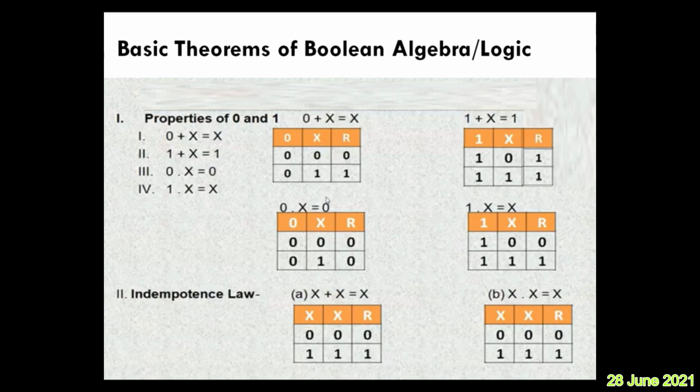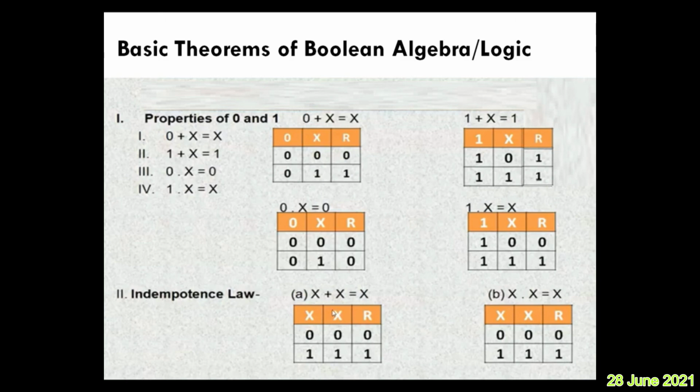So not only x plus x, if you write x plus x plus x plus x, 100 times, it remains x only. Similarly, if you multiply x into x into x, 100 times, it will be x only, isn't it? The meaning of which is the value of any Boolean, even if you represent it any number of times with OR, will not change its value. It can be represented as only x.